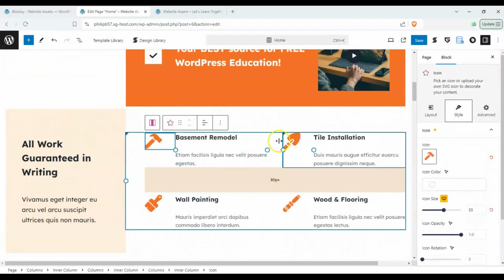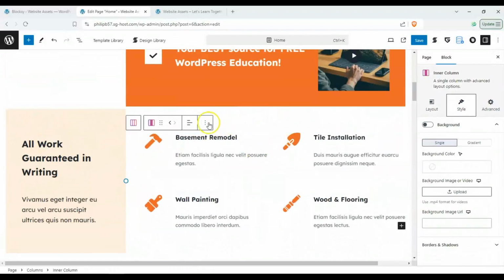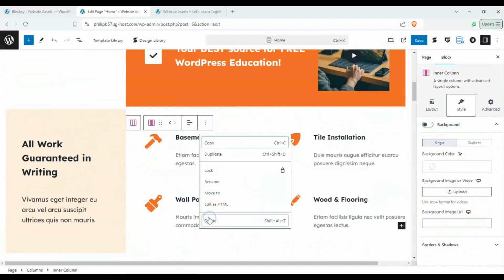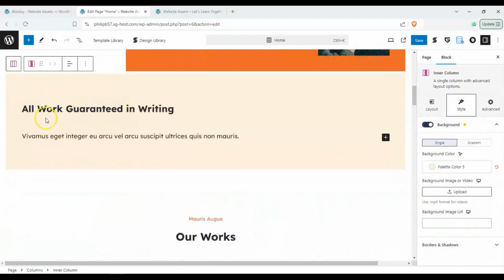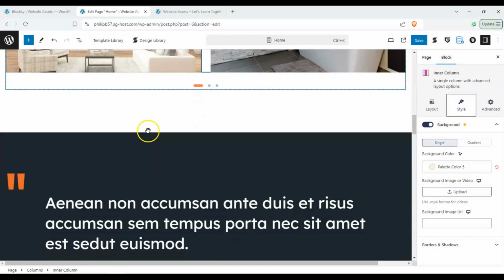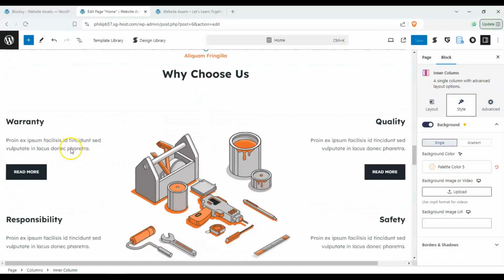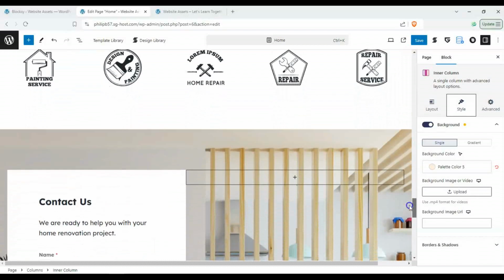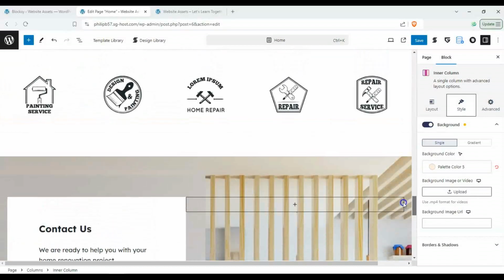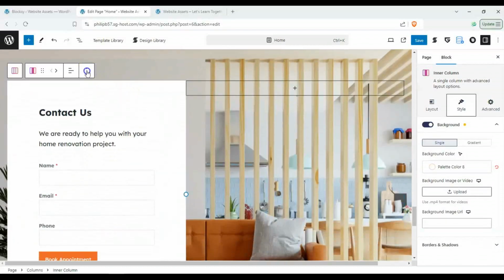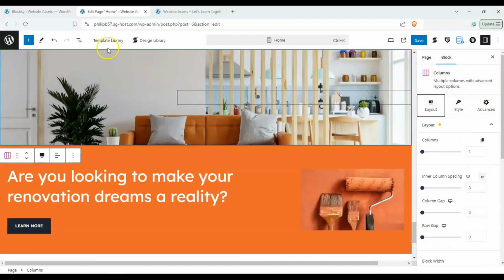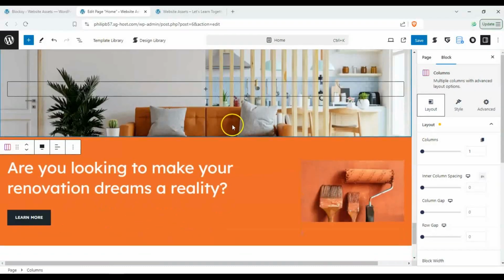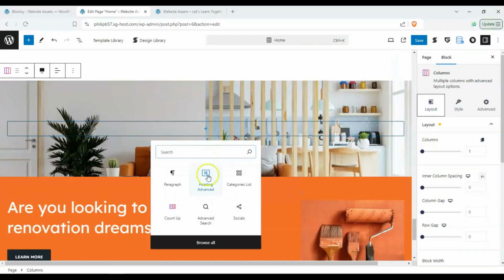Alternatively, if you didn't want to have any of these, you can just totally delete the elements and skip it over if you don't need it, right? And this applies to everything on the page. So if we don't want to have a contact us form here at the bottom, we can delete it, and it squishes everything up. And then we can add something else here,